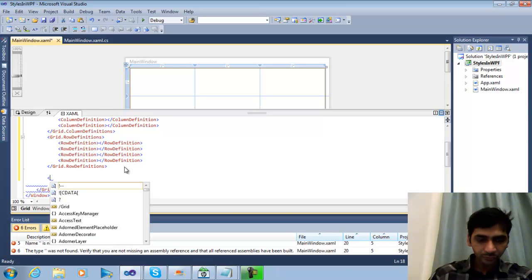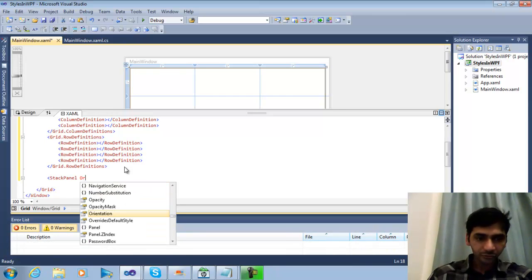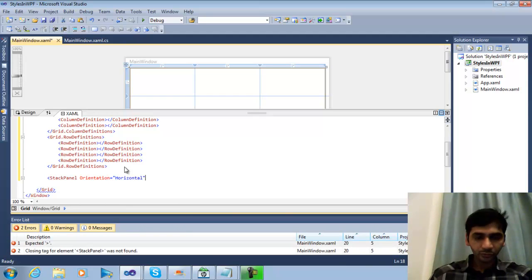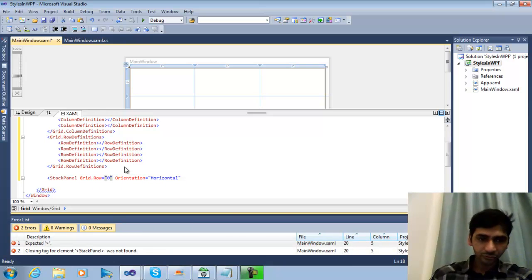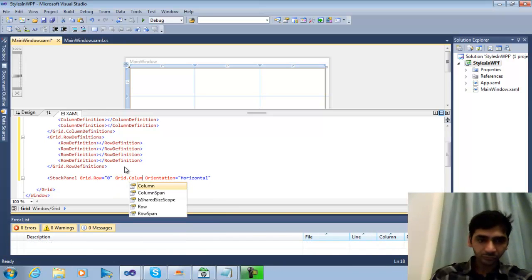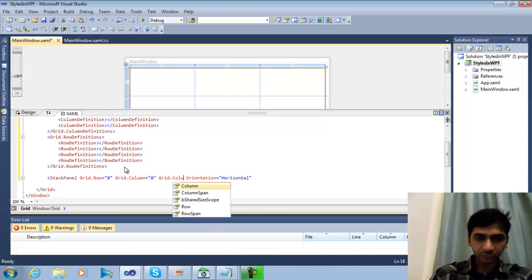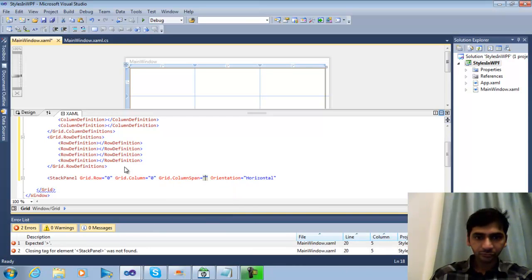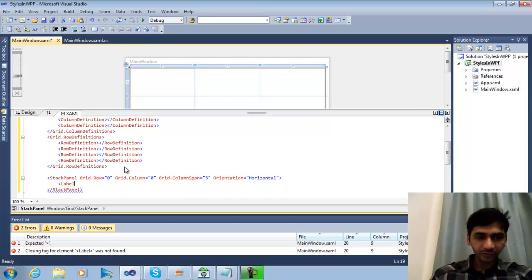So what we can do, we can put a stack panel, and we can say orientation, we say vertical, and we stick this stack panel to Grid.Row 0 and then Grid.Column 0 and Grid.ColumnSpan equals 3. So this will go across all the 3 columns. Okay, then within this span we can first apply the label control,